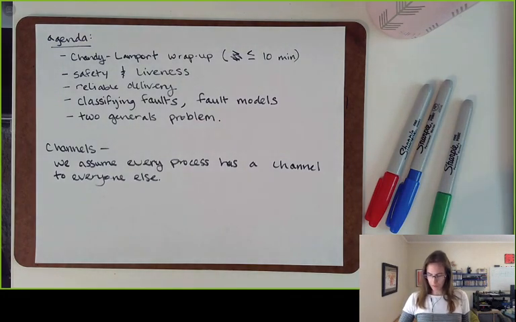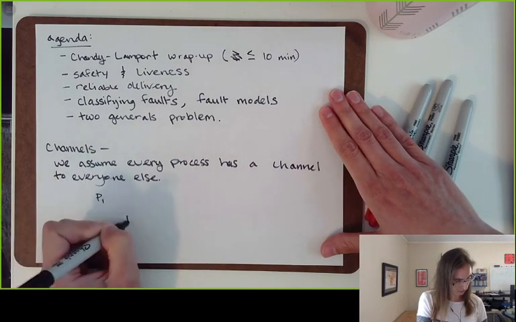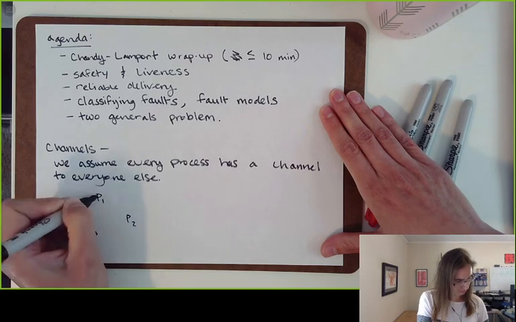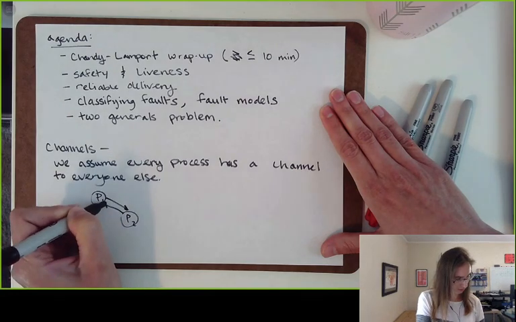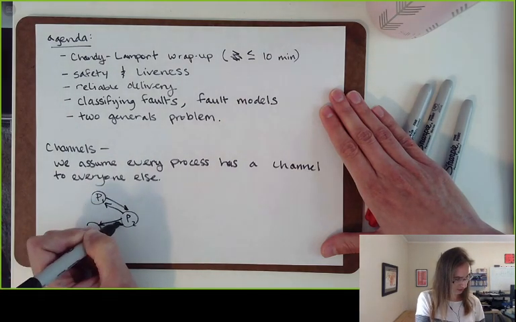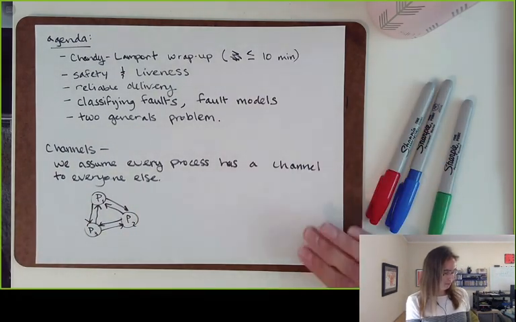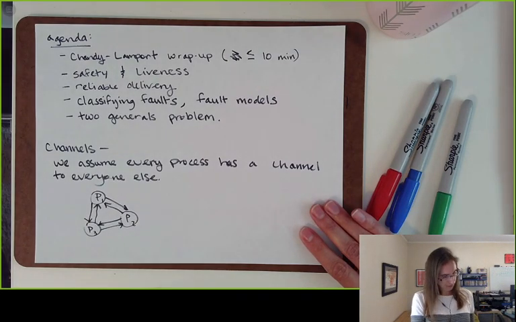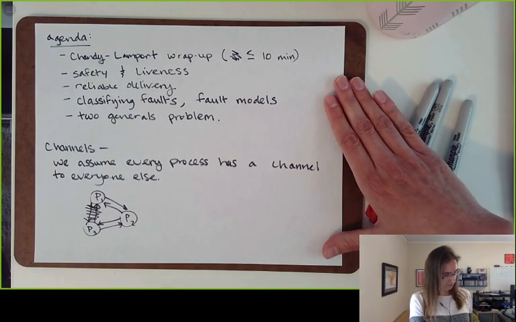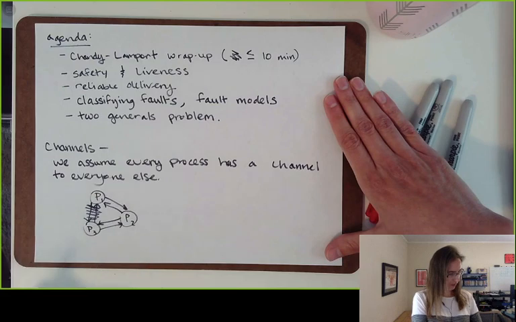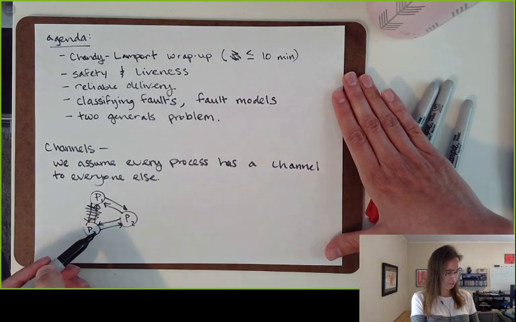So that might not be realistic. For example, let's say you have 3 processes. And I'll just draw a little picture here of the network topology. So maybe process 1 and process 2 can communicate with each other. And process 2 and process 3 can. And process 3 and process 1 can. So maybe it's something like that. But in this case, actually, let's say that this connection wasn't there. So let's say that process 1 and process 3 can't directly communicate with each other. They can communicate through this other process, process 2, but that's it.